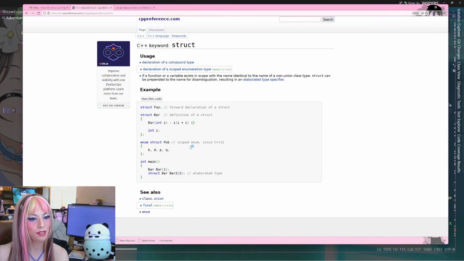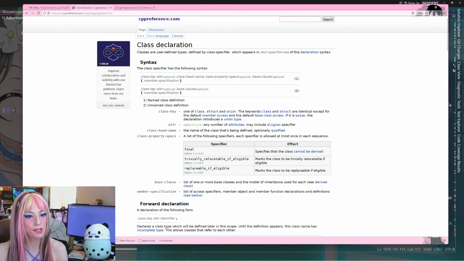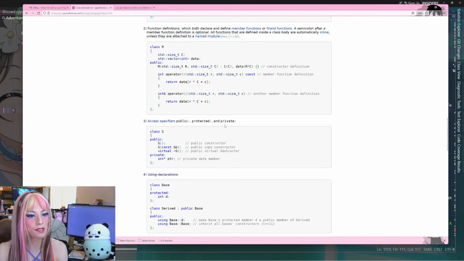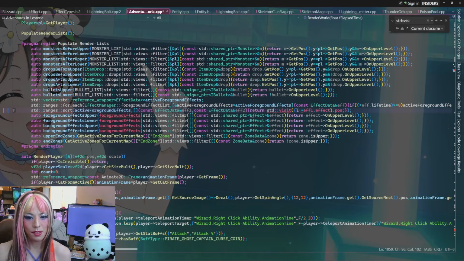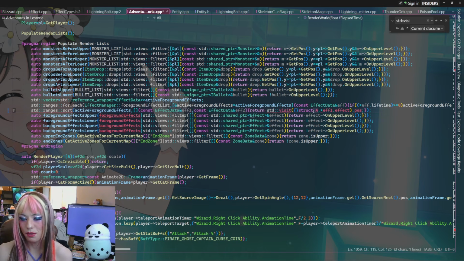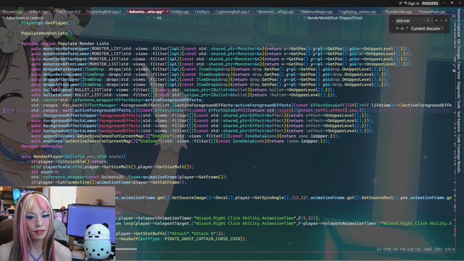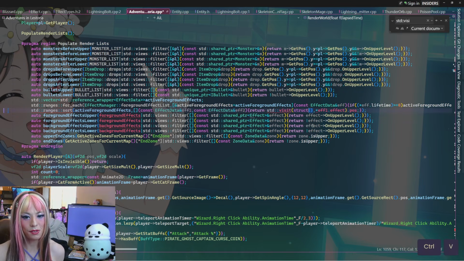There's enum struct, and struct. Wait, what's an enum struct? Scoped enum. Oh, that would be like an enum class. Same thing. I just got confused because it says enum struct. Okay, so the syntax for both in C and C++ is the same, I guess. At least in this scenario. I was thinking there was something you could do like struct something, if I called it struct A or something. But I feel like that's more, or just struct. Something like that. Anyway, if we just do struct,